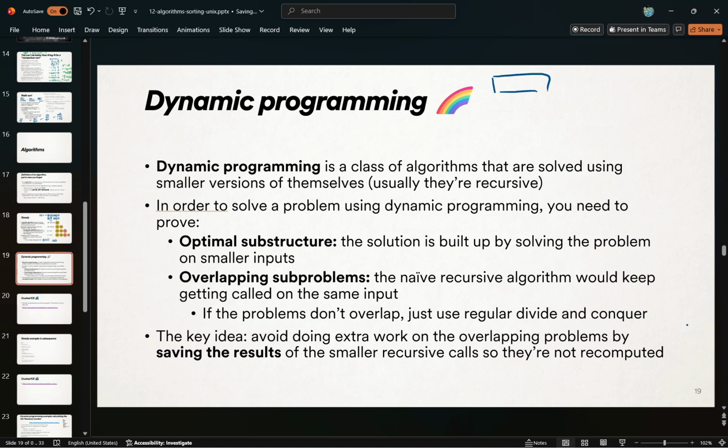So this is divide and conquer, like merge sort: chop it in half, solve that half, and bring it back together. That is when it's non-overlapping. When it is overlapping, that's when you reach for dynamic programming. So that's when you can split it up into